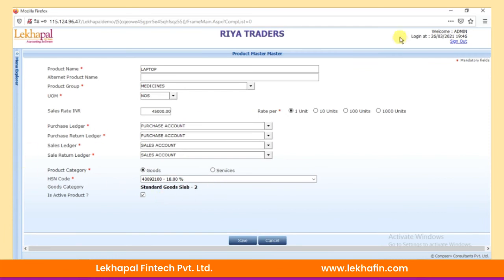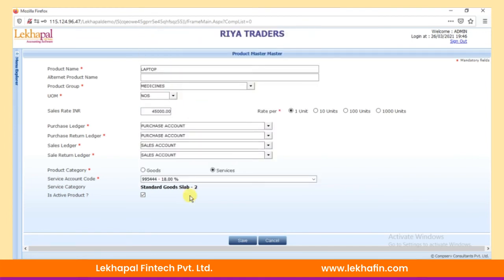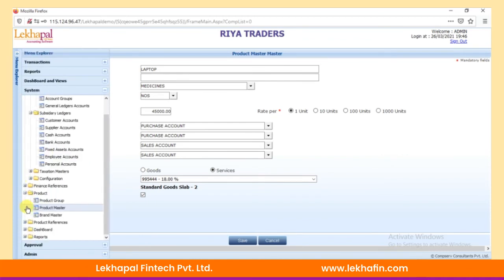Now come down to the services. If at all we are getting a service from them, we have to enter his SAC code with rate. Once we do this, let us discuss the classification, which is crucial for the entire HSN code purpose.